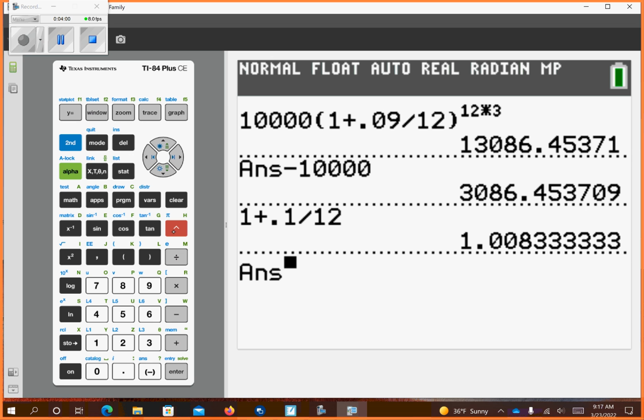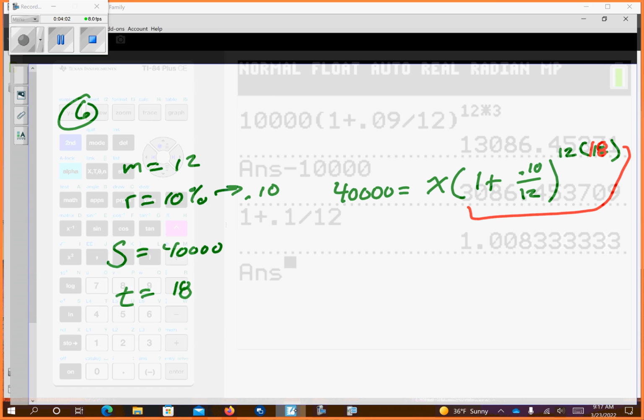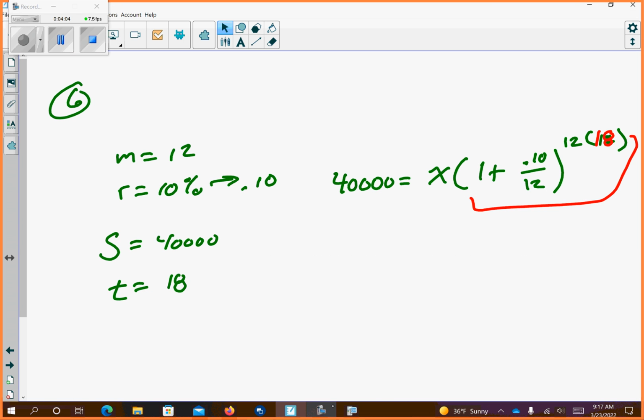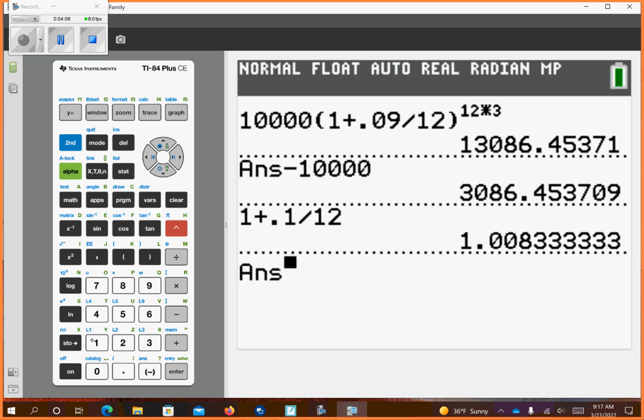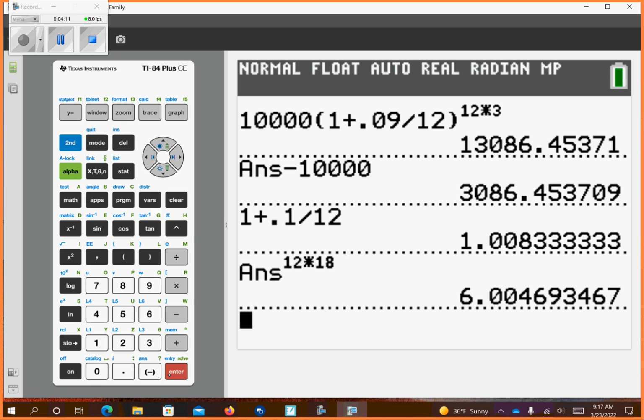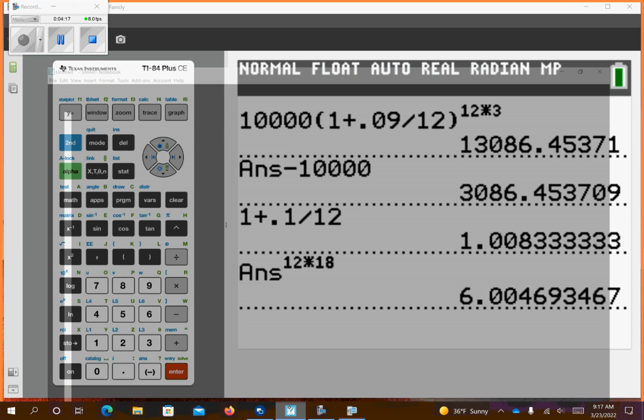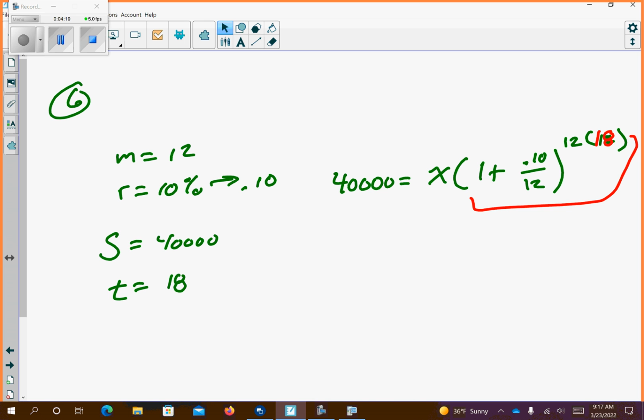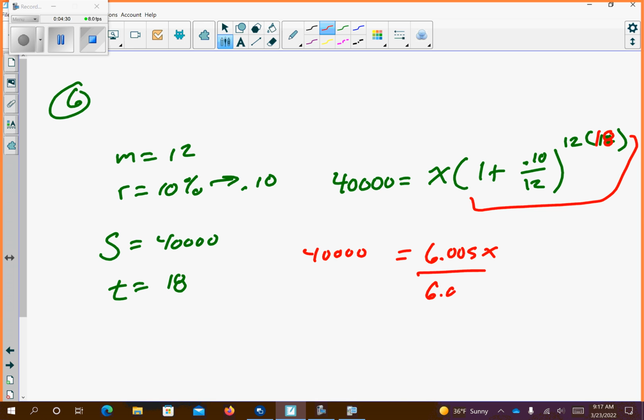And then I'm going to raise that to the, I forget, 12 times 18. So 6.004 or 6.005. 6.005 x equals 40,000. If I divide both sides by 6.005,